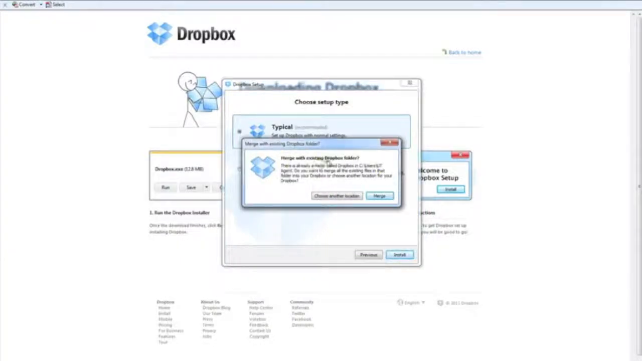And you will not get this message. I will, because it's asking if I want to merge with my existing Dropbox folder, and I'm okay with that. Again, you will not get that message unless you already have Dropbox on your computer. So,